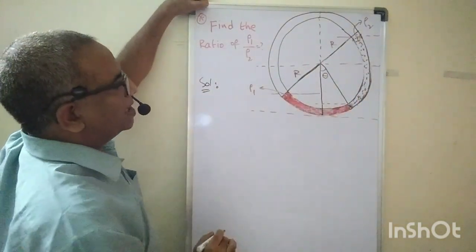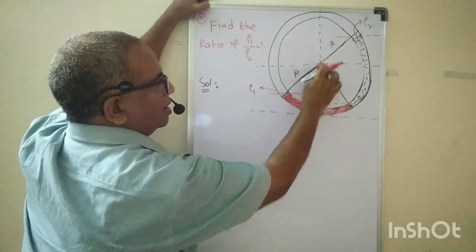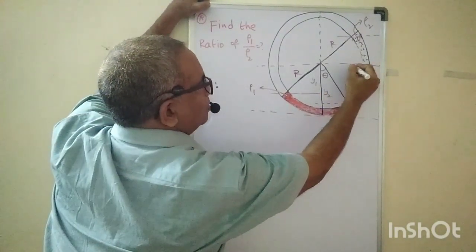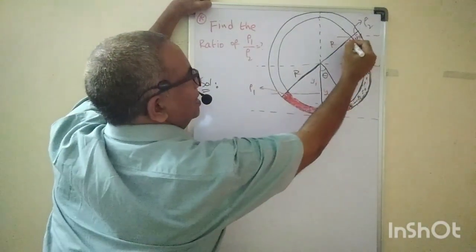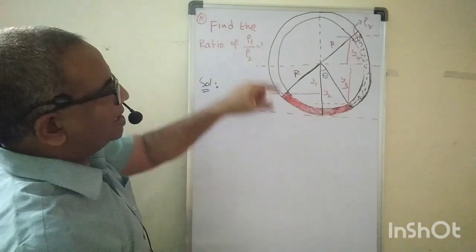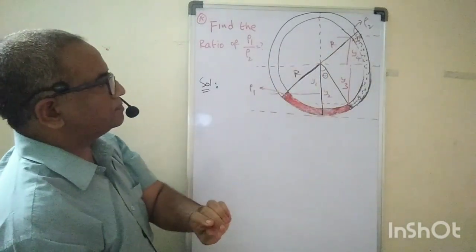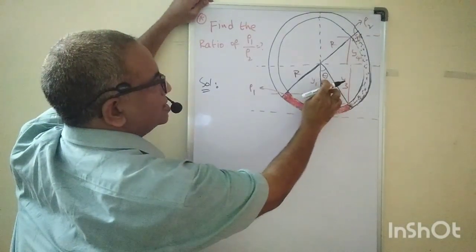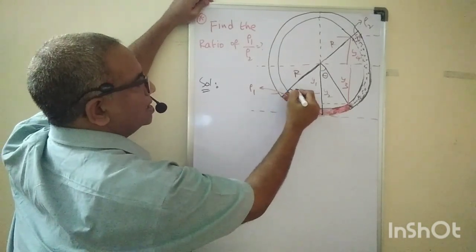Now observe carefully. Can I call this one y1, and let us call this length y2. I will draw one more line here and call it y3, and here I will call this one y4. See carefully what I did: I took y1, y2, y3 and y4. Let us write step by step. If this one is theta, then this one is 90 minus theta. Then what is this one here? This one is theta.